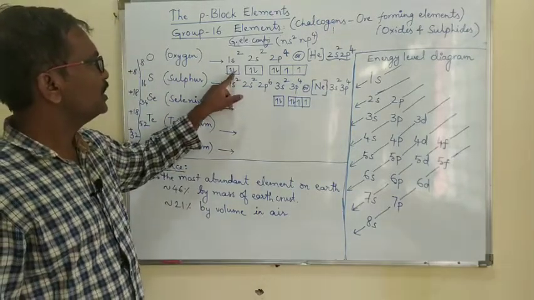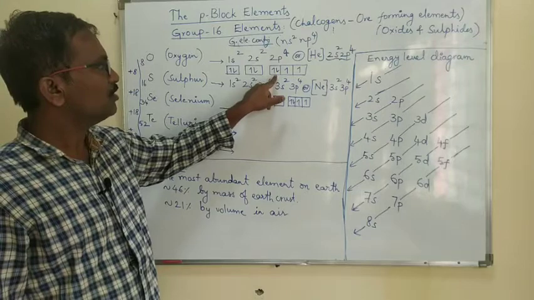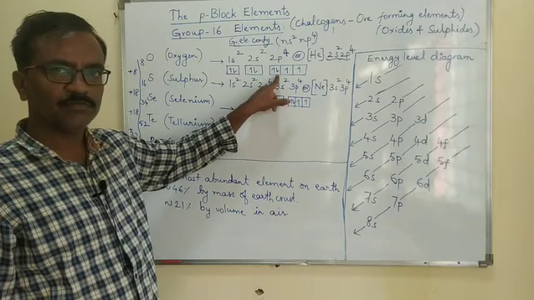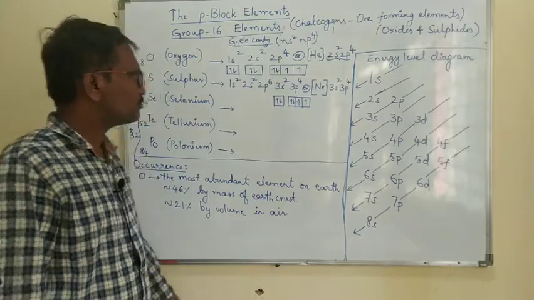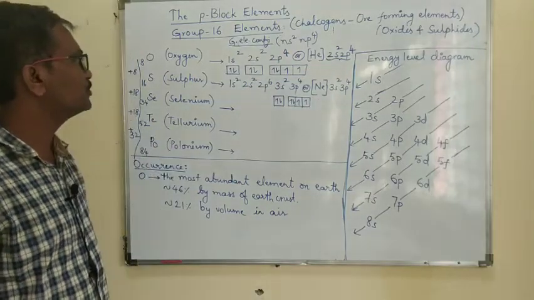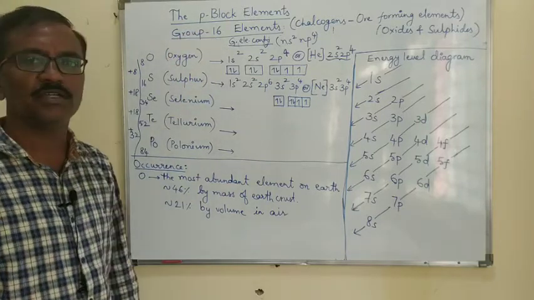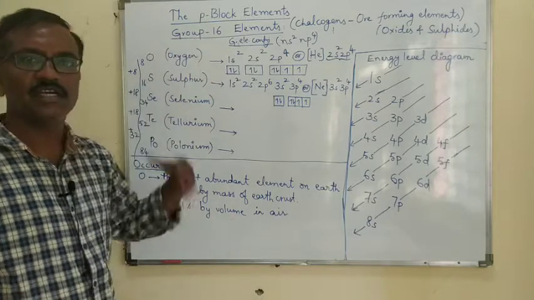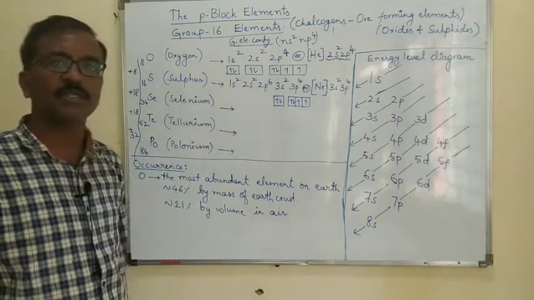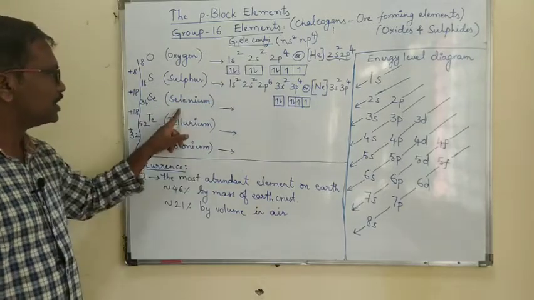If you want to write electrons in the orbitals, 2 electrons, right? So the fourth electron will come into the first one, right? So helium 2s2 2p4, neon 3s2 3p4, right? Many students generally make a mistake: they write the letters S, P, D, F as capital letters. All these s, p, d, f orbitals are written in small letters only. Based on this, you can write the electronic configuration of selenium, tellurium, polonium.